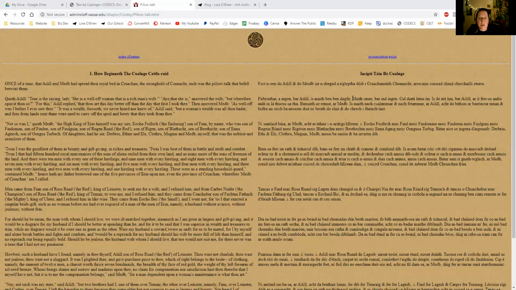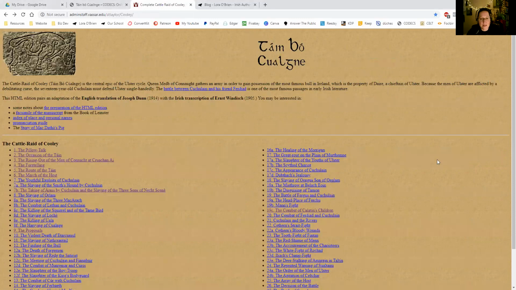So this is the first section. As I said, you'll see the Irish on one side and the English on the other side. I'll be reading the English, but the names I will be able to pronounce for you as well. Most of them. Some of them I'm unfamiliar with, so please do forgive me if I stumble over some of the pronunciations, all right? Some of them don't appear in the modern Irish that I have learned and am familiar with. So yeah, this is what we're going to be working from.